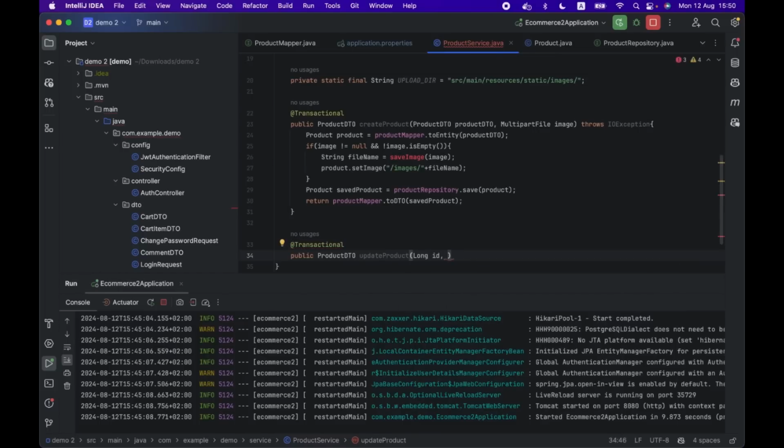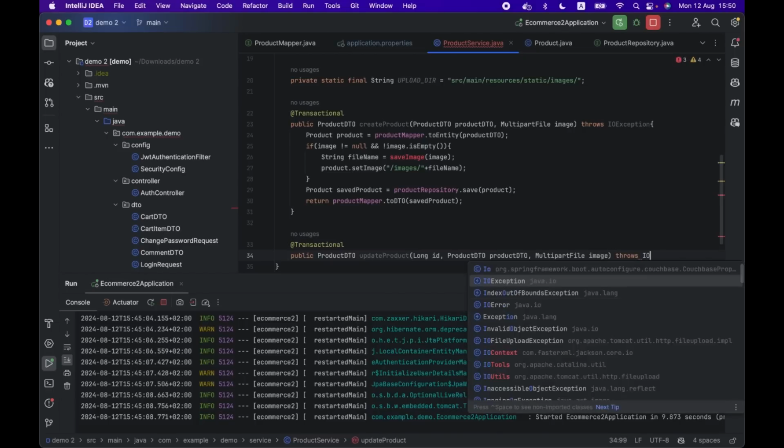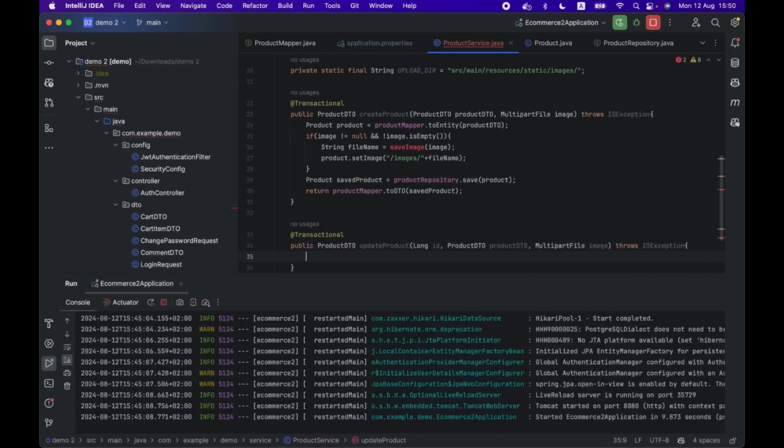Here we can write all the necessary attributes, such as the ID of the product itself, and of course the image. And also we will throw an IOException, input-output exception, if we have any problem with updating